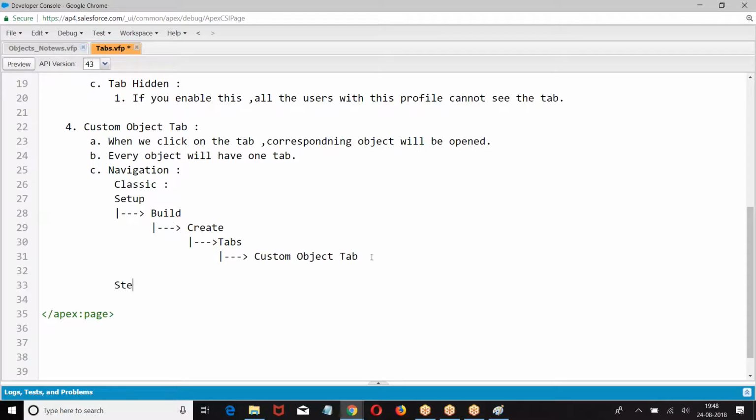Step number 1, choose the object. Choose the style. Then choose the visibility.